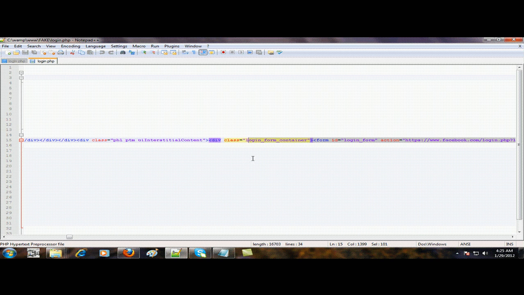Remove this string. You just need to remove this string from there, and we will be writing here hacked.php. Okay, this is some other PHP file, and click save.